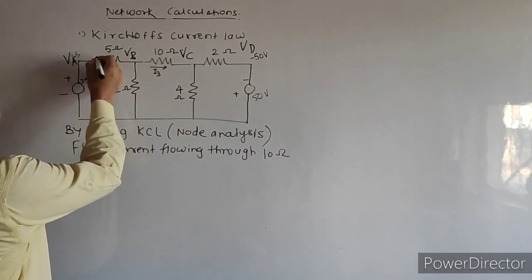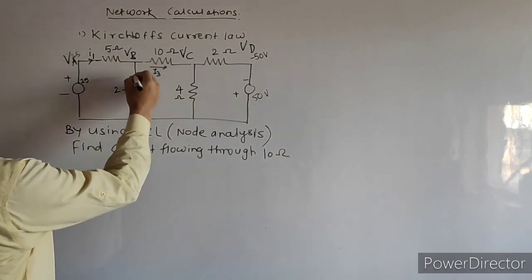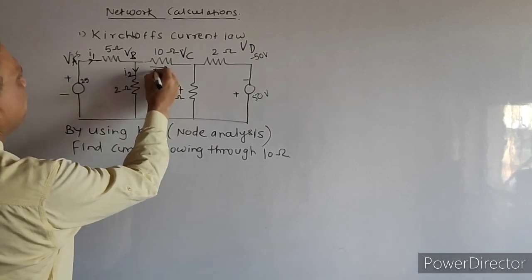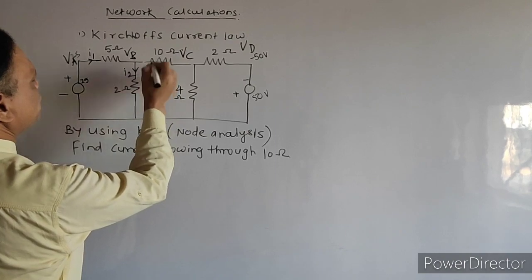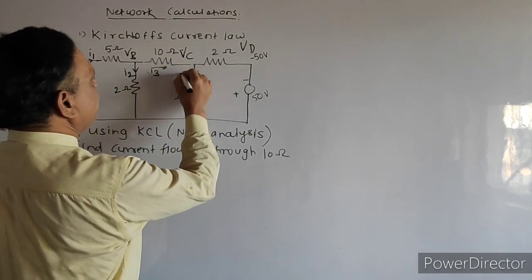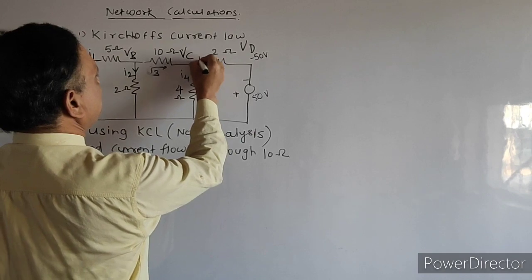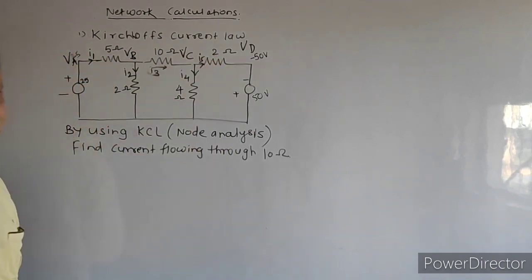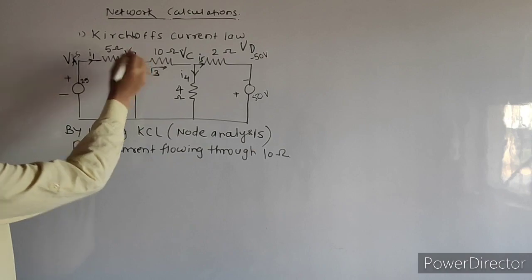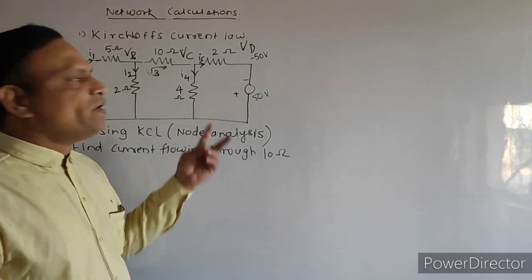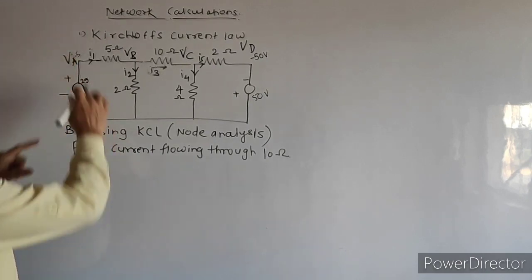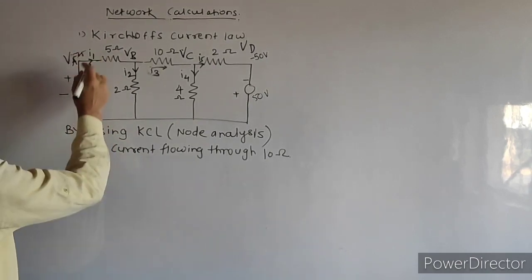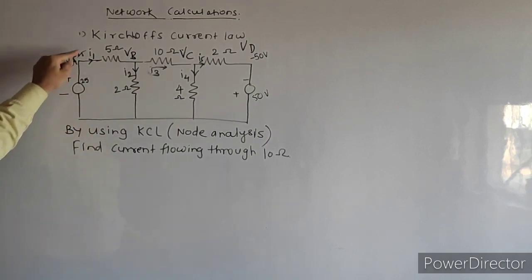Now let us mark the currents. Let us say this is I1 current. Let us say this is I2 current. Let us say this is I3 current. Of course, I have written previously, but it's not there. So this is I3. Let us say this is I4. Let us say this is I5. Right? Now first, we have to find the voltage between point B and C. Voltage at point A is known. Voltage at point A is 25 volts, because the battery plus is here. So here will be plus 25 volts.